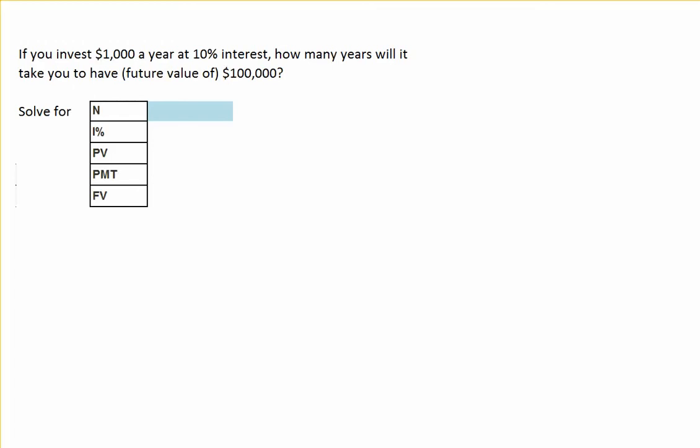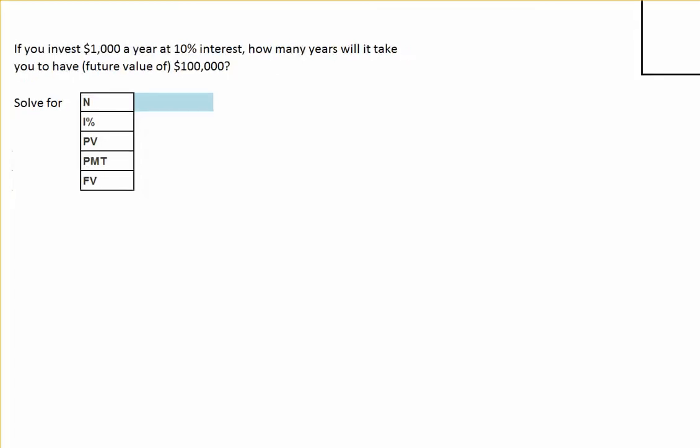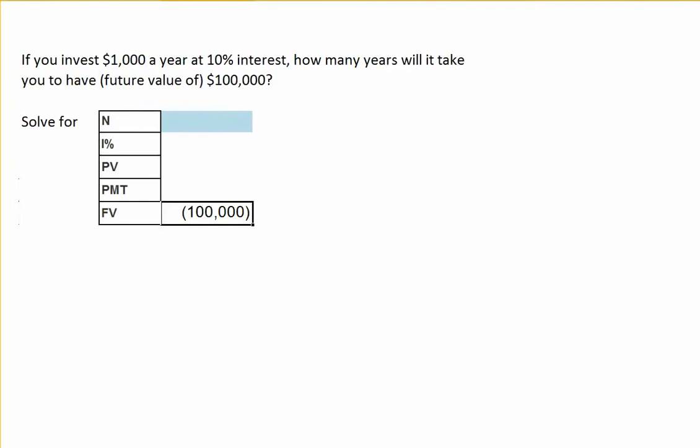Let's go ahead and begin by putting in our future value. We'll enter the future value as a negative $100,000 because again, we're going to want to take that amount out of our account. We're going to contribute $1,000 per year, so that's our payment. We don't have any money in the account today, so we'll put 0 for the present value. We have a 10% interest rate, and then finally we can solve for the number of periods, and we find